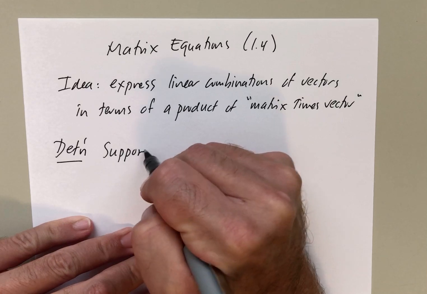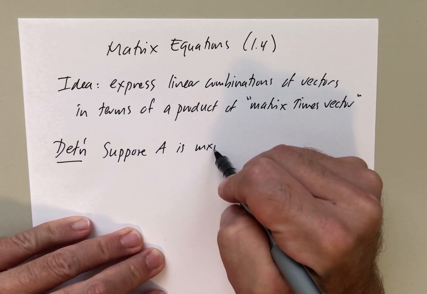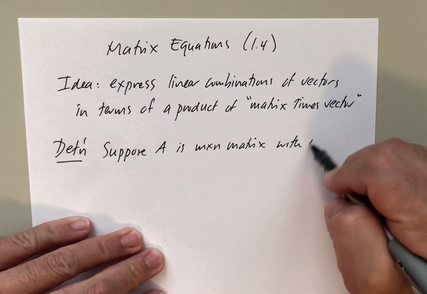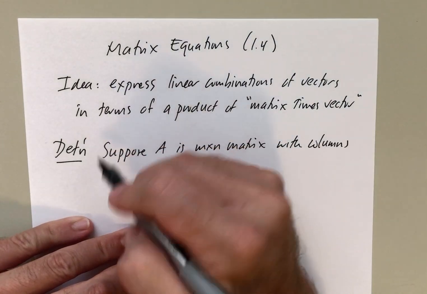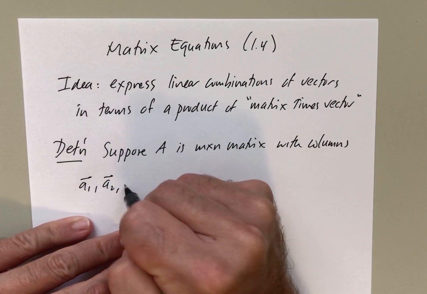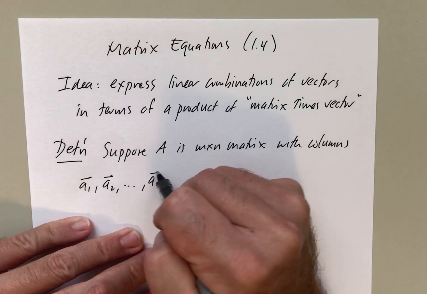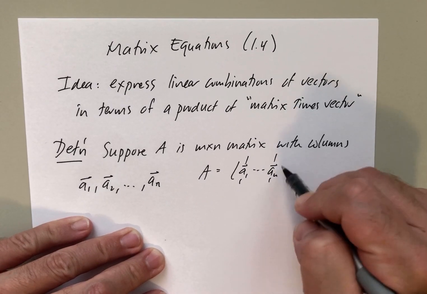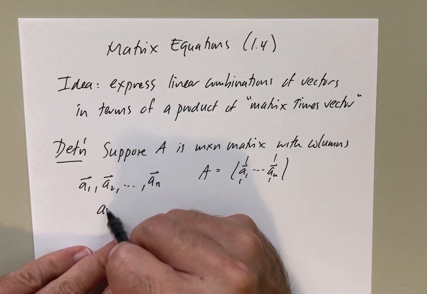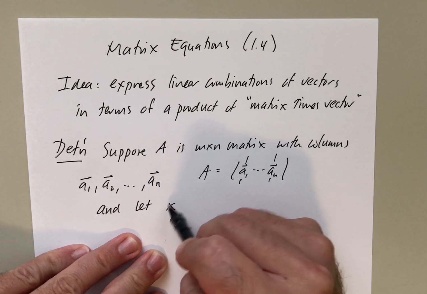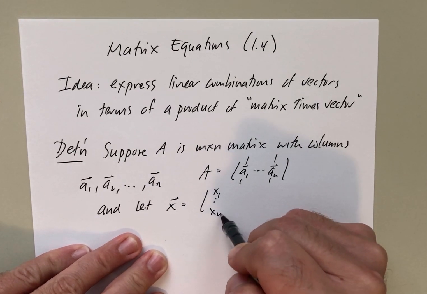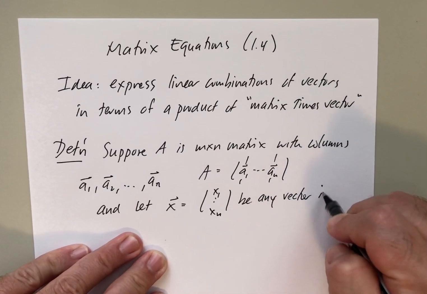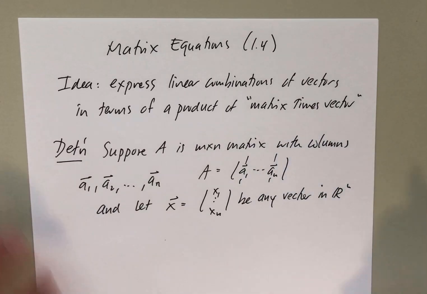Suppose A is an m by n matrix. So remember, m rows, n columns, and those columns are vectors themselves, so let me call them A1, A2 through An. So A looks like, A1 is the first column up through An, and let x, let's say x1 through xn, be any vector in Rn. Then